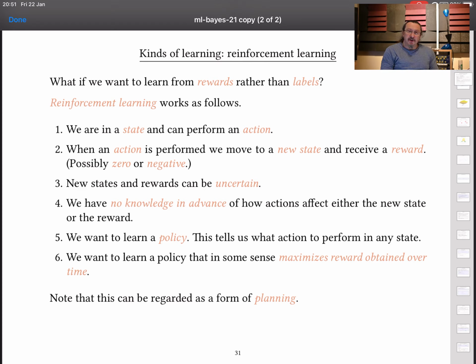But the idea is to learn a policy, which is some mapping from a state to an action. And we want to learn a policy so that when we apply the actions that it tells us to apply sequentially, we maximize the amount of reward that we get over time. So it's a little bit like planning, and it's a little bit like planning that's had uncertainty attached to it because of these probabilities that are involved. And it turns out to be extraordinarily useful and effective in some of the more recent approaches to doing learning within AI.